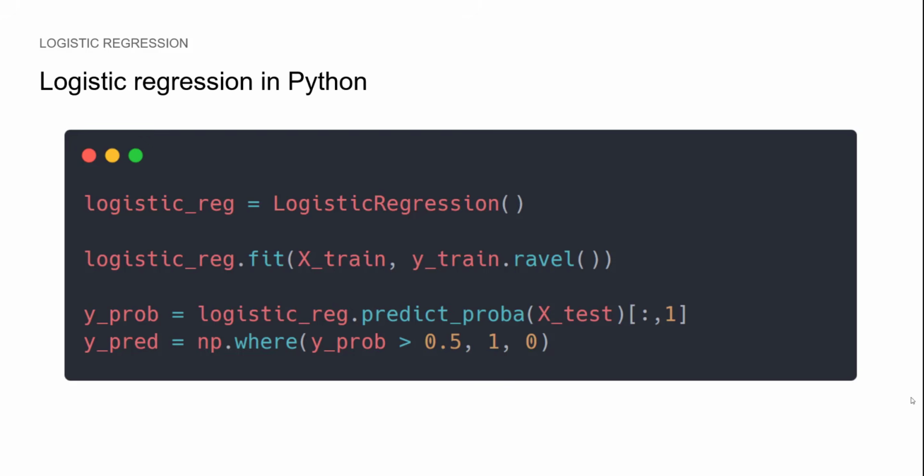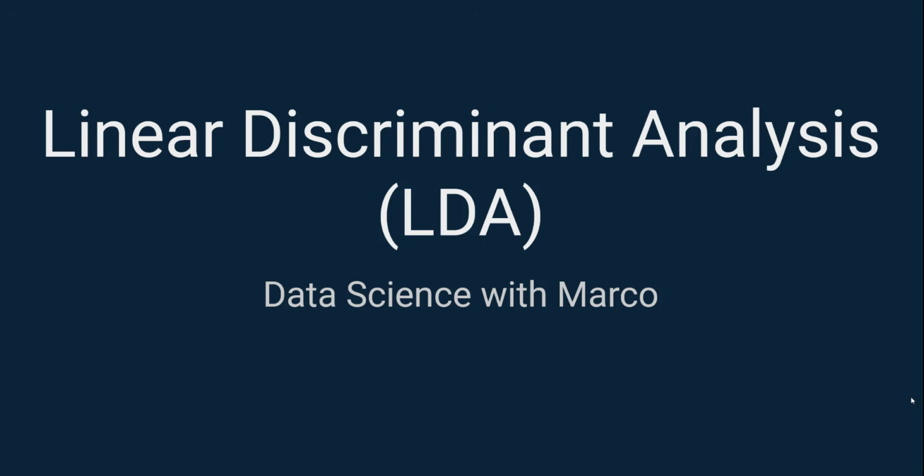In Python, we can perform classification using logistic regression like this. So again, we initialize the model first, and then we fit on our training data, passing the features x and the target y. Then we can get the probability that an observation is part of a class. Once we have that probability, if it is greater than 0.5, we will say that it is part of that class, so we will output 1. Otherwise, it will be equal to 0, which is what the last line of this script is doing. Now that's it for logistic regression.